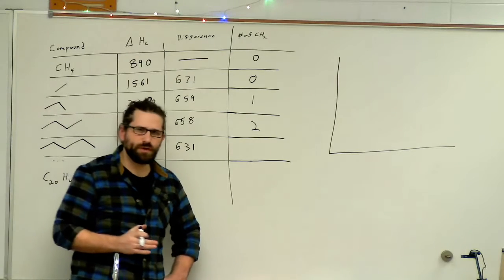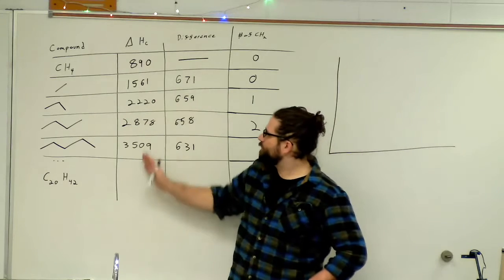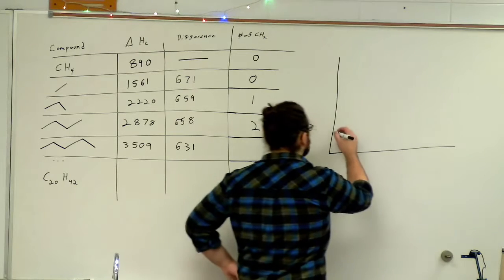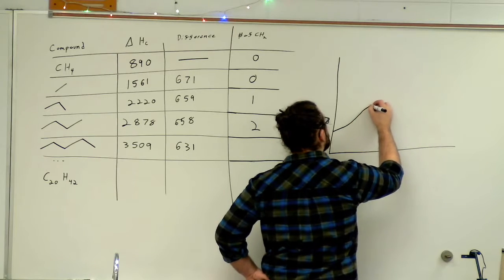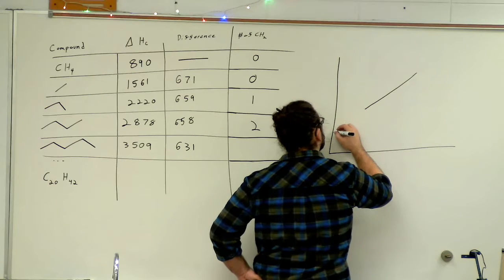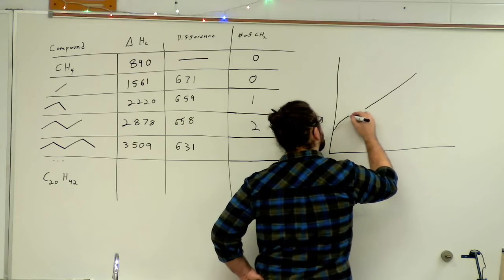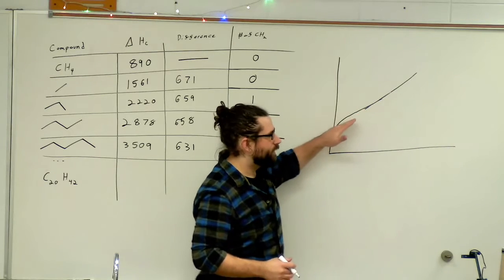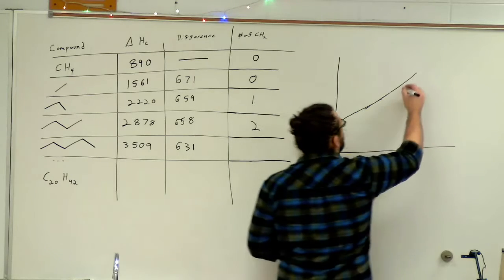Looking at some conclusions that we can draw from this data. First, if I were to graph out my enthalpy of combustion versus the length of my carbon chain, what I'm going to see is I start out with a slightly sloping curve, but I'm steadily going to, actually it's going to slope the other way. I'm going to exaggerate this a little more so we can really see it. So we get a little bit of a curve, and then we have mostly a straight line. And that straight line is going to have a pretty constant slope, approaching the number